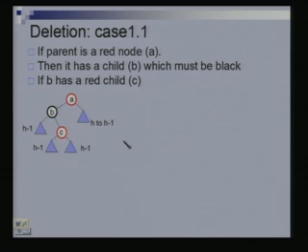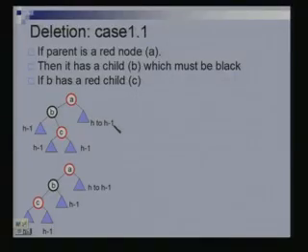If a node is red, then both its children have to be black. A red node cannot have a red child. Simple. A red node cannot have a red child. It's a double red problem. Right? The other possibility is that C is a left child of B, right? So, it's a symmetric thing.